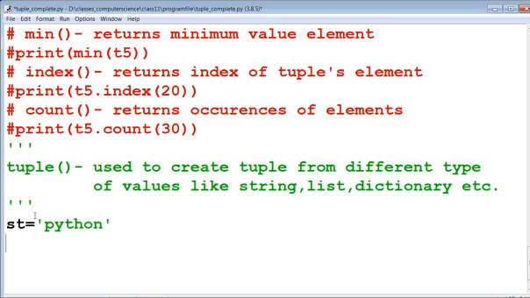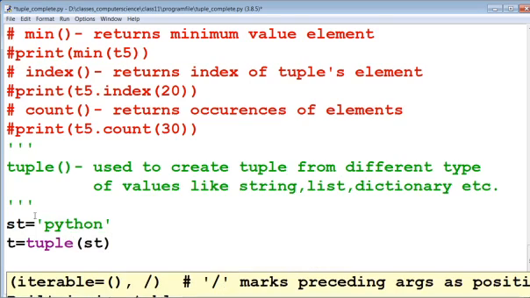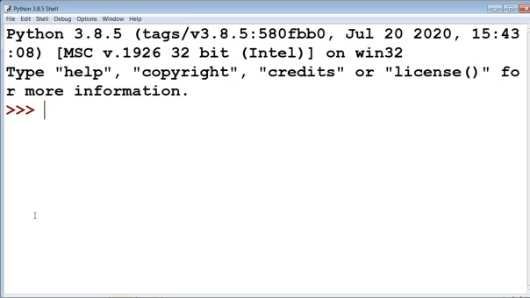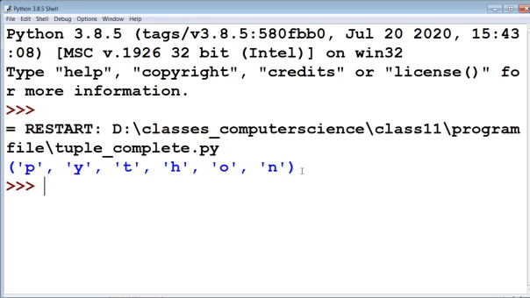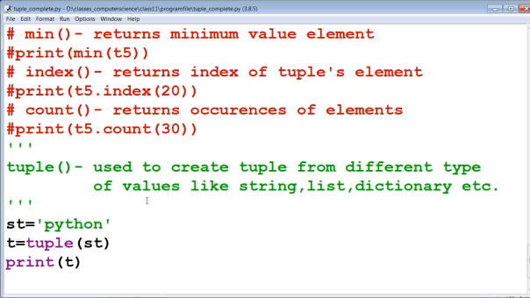Now if we are going to convert this string Python into tuple format, then we have to use t equal to tuple and we can print t. Now you can see that Python is converted into a tuple. That means from string to tuple. This is the way to create a tuple from a string.